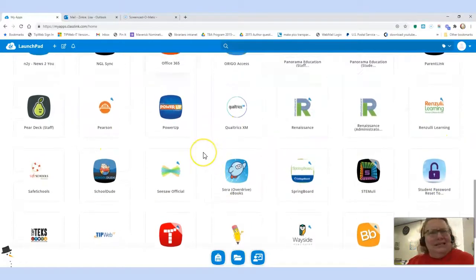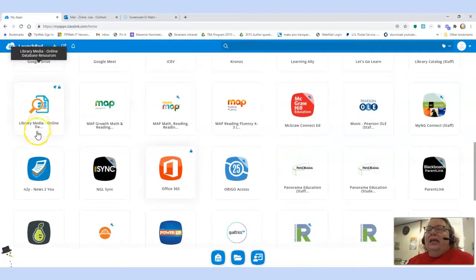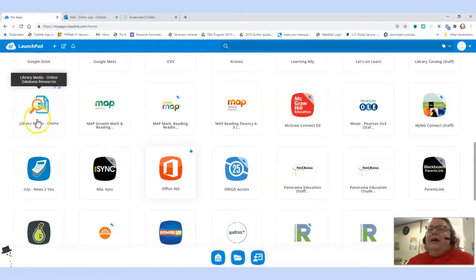what am I looking for? It's library. So look for library, and it's going to say library media online, and it says DAT. And if you mouse over it, you can see at the top that it says database resources, and that's what